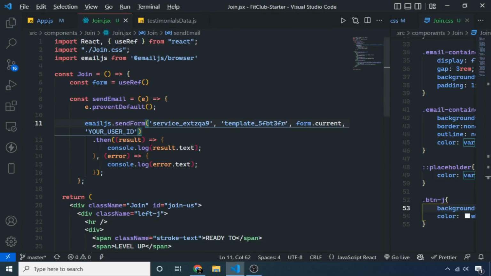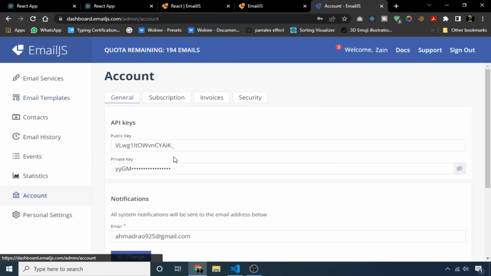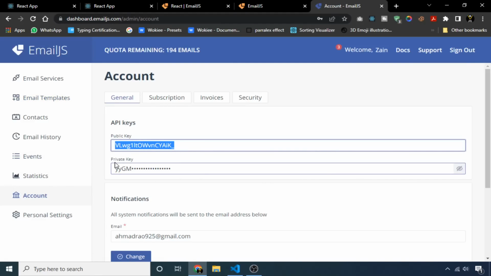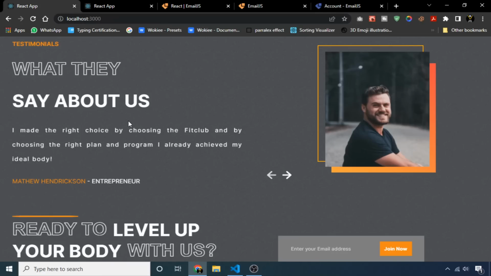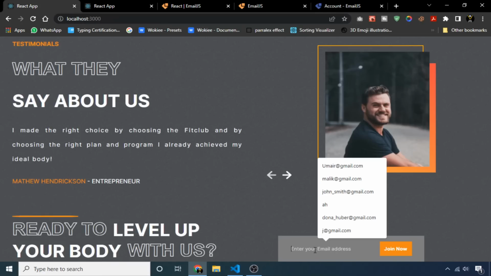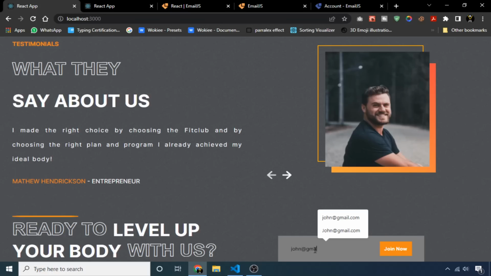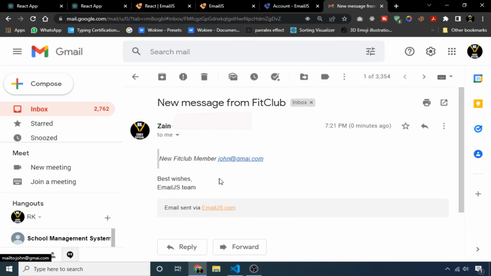Now I want the user ID, so go to the account, and this is my user ID, meaning the public key. Simply copy this and paste it here. Now save it and see if it's working or not. So if I enter something like john@gmail.com, join now, and now if I open my Gmail,